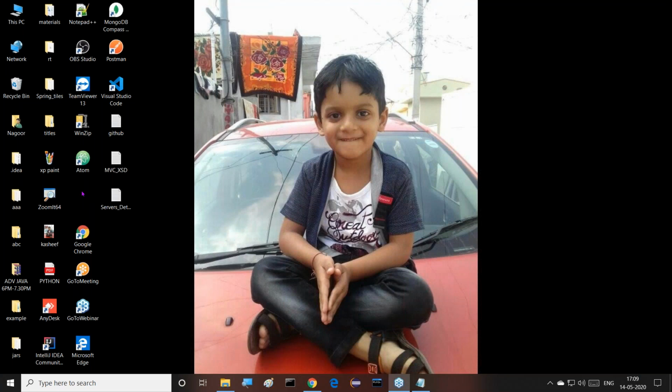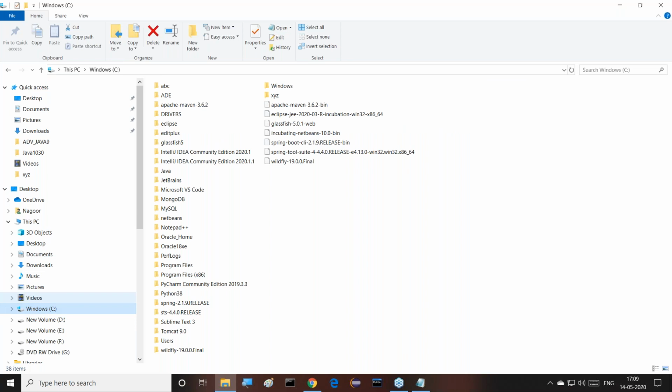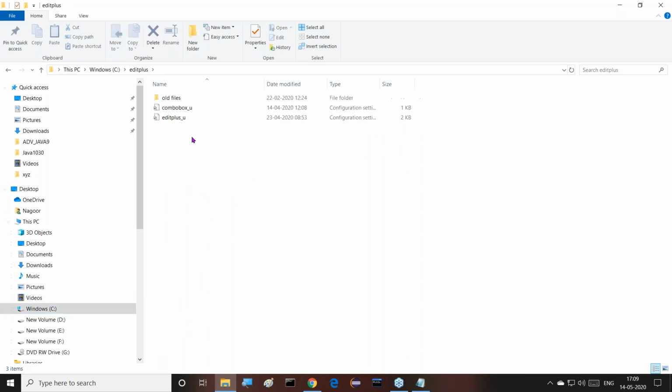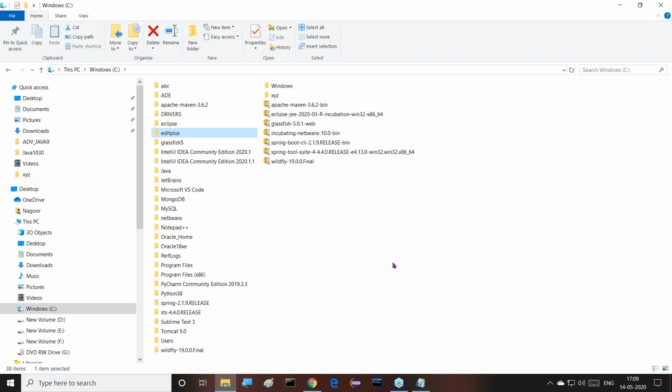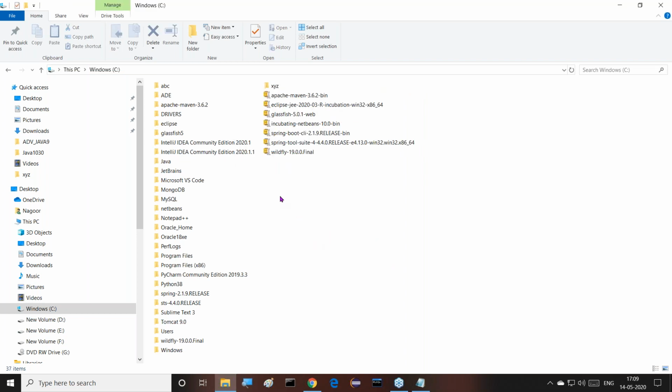That is also removed. Okay, fine. Now Edit Plus is not available. Not only that, I'll go to the C drive. Inside the C drive, an Edit Plus folder exists. These are old files. I just want to remove that. Everything regarding this Edit Plus I removed. That's okay, fine.